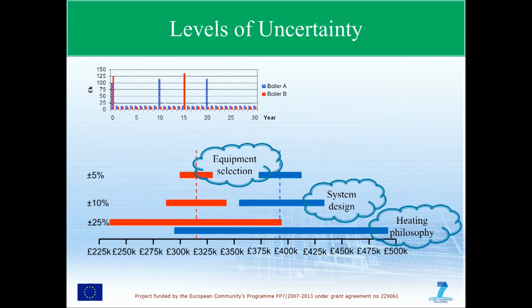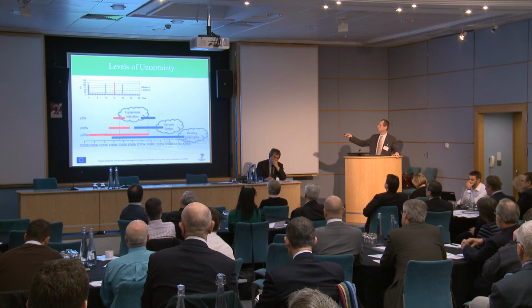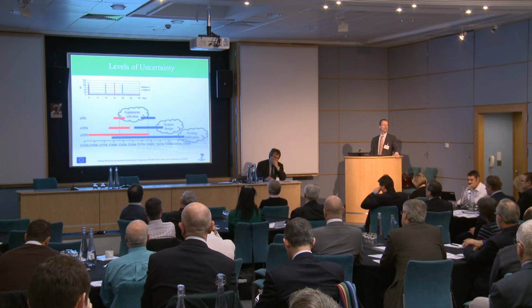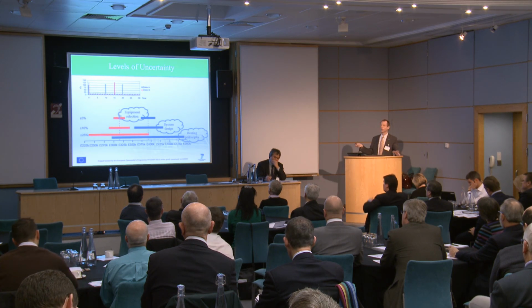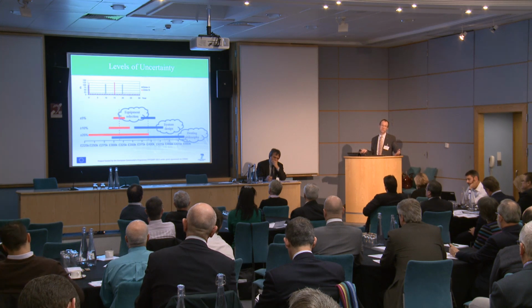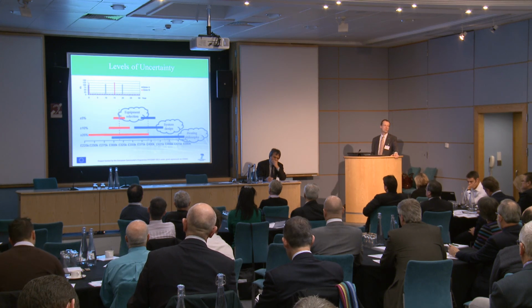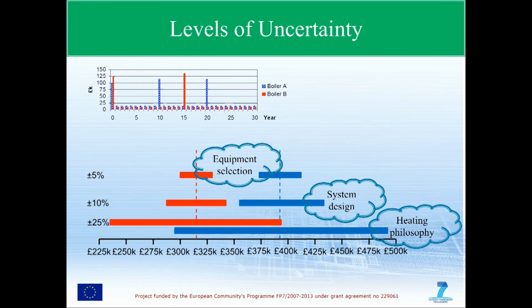By the time we move slightly further on the design process, we've got more information. We've actually maybe gone out and got some quotations from contractors and suppliers and installers. We might have got to a stage where our level of uncertainty is now only plus or minus 5%. And now here, we've actually got a much more clear conclusion. We're looking, in this instance, for the lowest life cycle cost figure. That's the one we generally try to aim for. So in this instance, we can quite clearly see that the red system is going to come out as the best alternative.